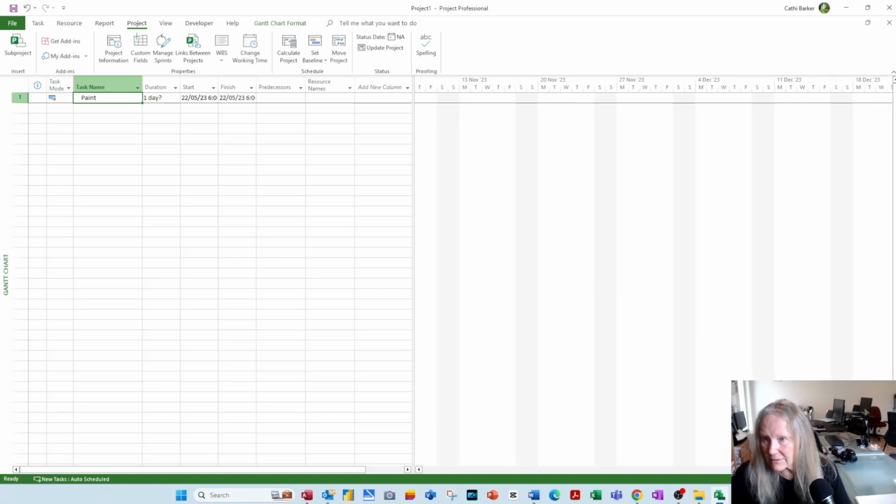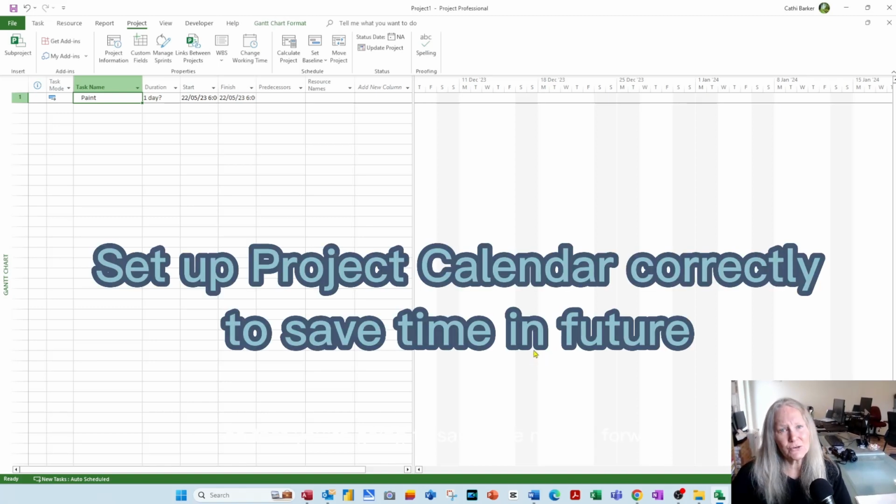But if I continue scrolling to the right, you'll see that for 2024, it's also marked Christmas Day. And for 2025, also marked Christmas Day. So set up your calendar. Really important that you spend a good amount of time setting up this calendar so that you're going to save